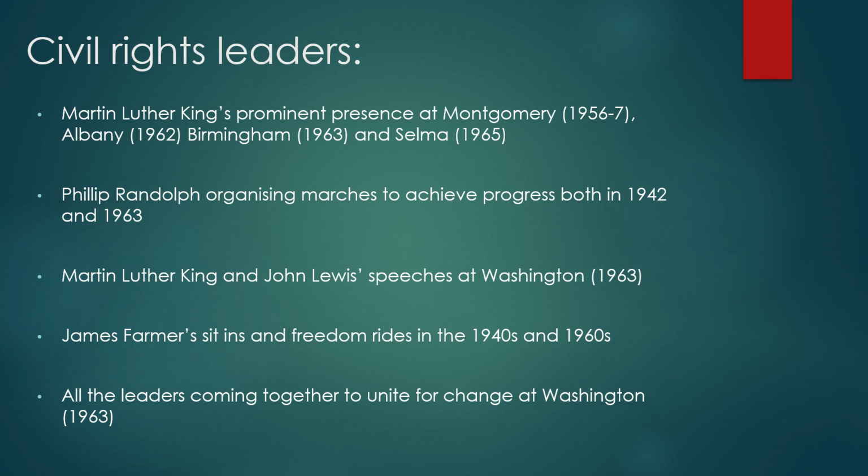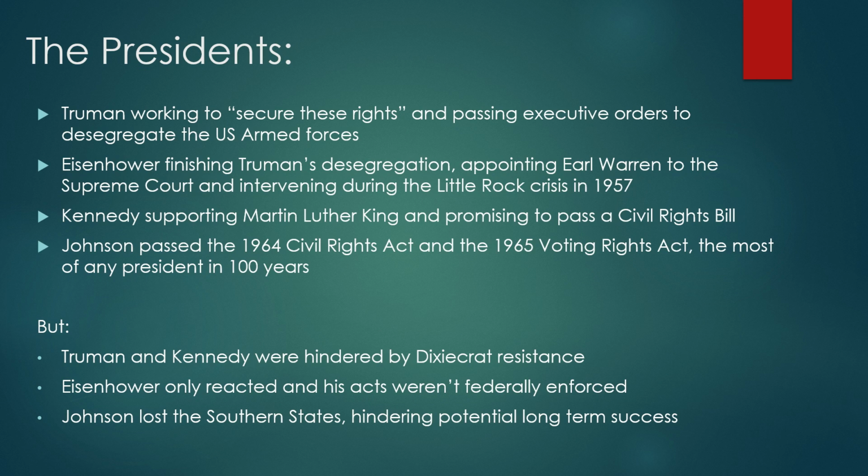And you've got a narrow one to work with here, 45 to 65. So you can have a couple of leaders to show that this leadership action is spread across the timeline. You will gather more marks for showing a breadth as well as depth of knowledge. The next factor you could consider are the presidents and the federal government at large and the things they were trying to do for civil rights.